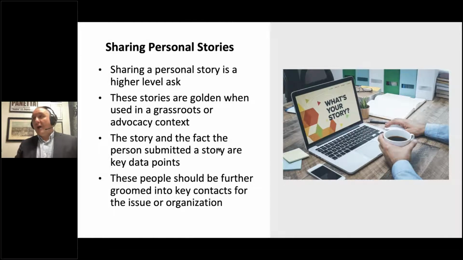This is a great next ask, to ask people to share a personal story about why whatever the issue is matters to them personally, why they're involved, and how it affects their daily lives. So these stories are great for grassroots activity, because they can be shared with media. I mean, obviously you need to get that sign off and that permission, but they can be shared with media,